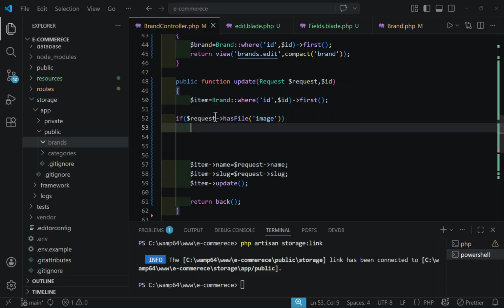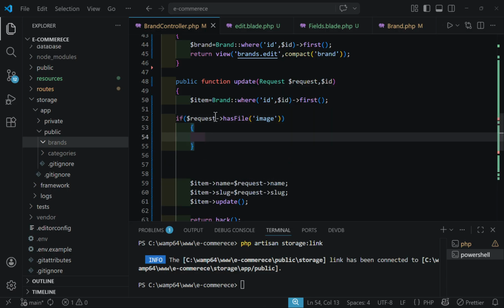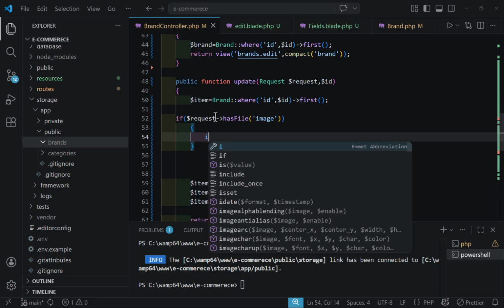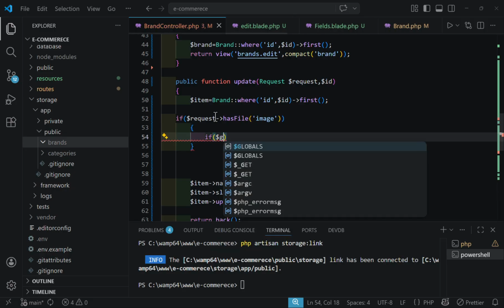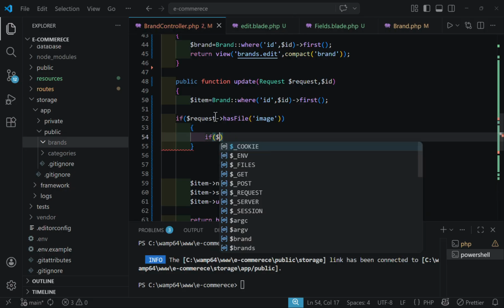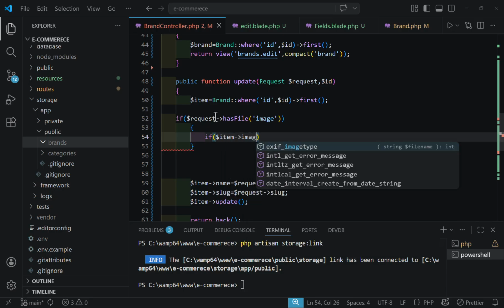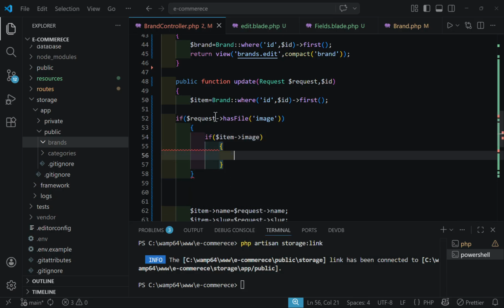So if a request has an image, and then check that our record has also an image, which means an old image. So then let's check if brand item image, if the record had an old image, then